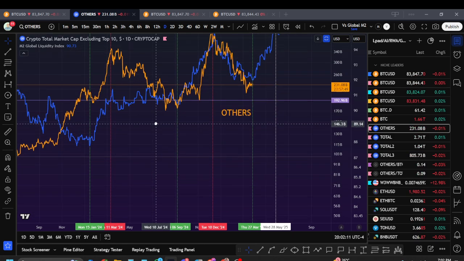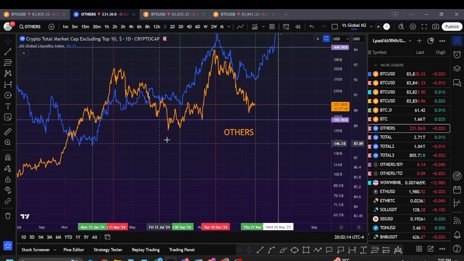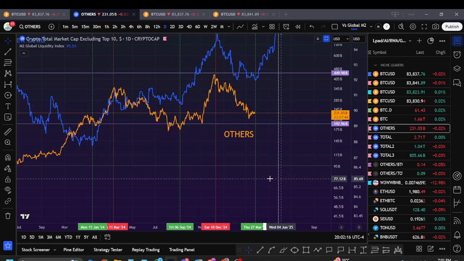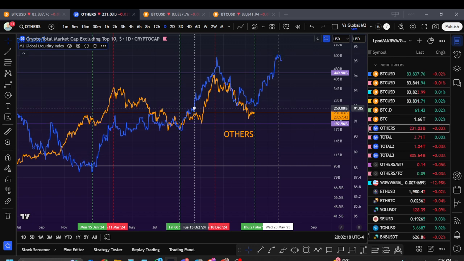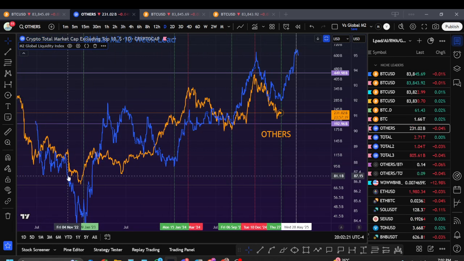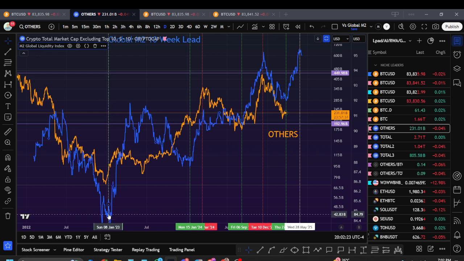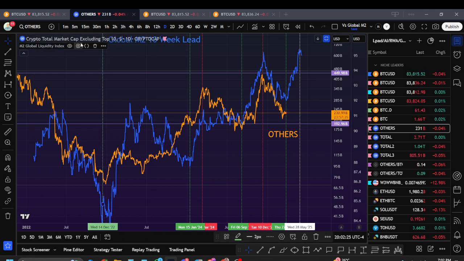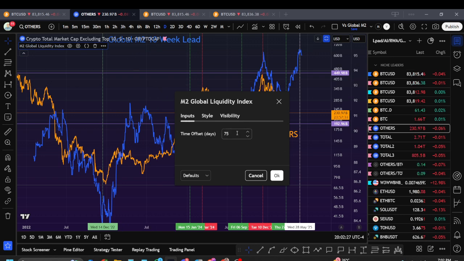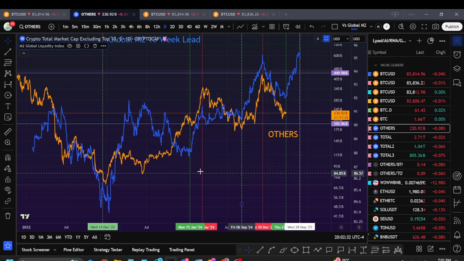It would be so much easier if it lined up line for line perfectly, but it doesn't. So we just have to do our best with it. It's really close, right? And this is a 70 day. No, this is 75 day. And if we go with others to 70 day, you get a better bottom, I guess, here. But this is where we want to buy Bitcoin anyways. So not really concerned so much about the others in this area for the first year.